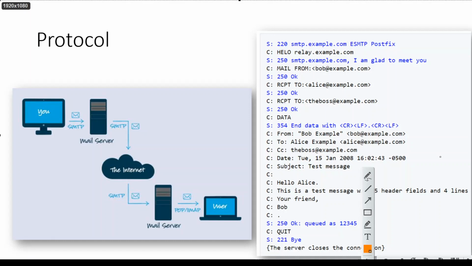So in order to send a mail, in the initial days there used to be American Online Mail Service, if you remember, AOL.com.